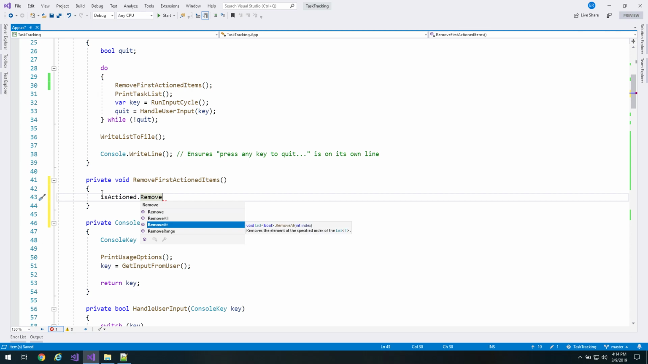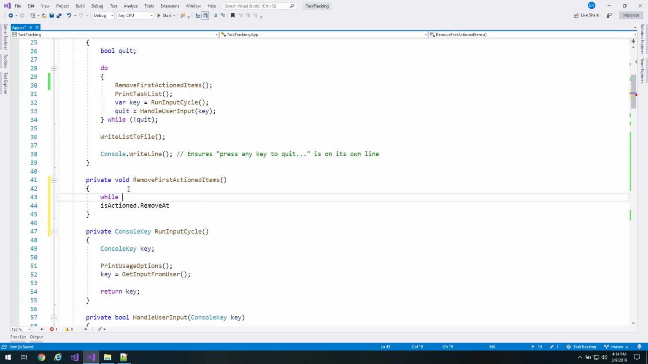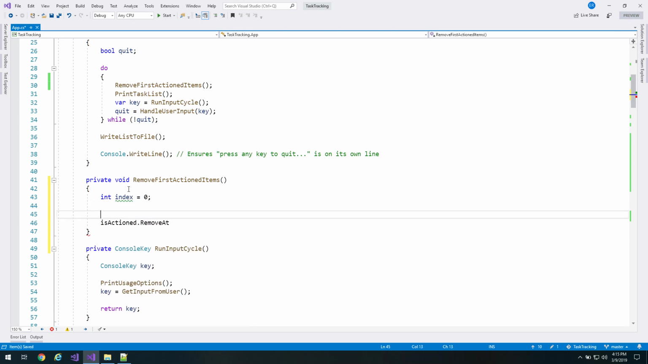It's not super optimal. It's a nice feature, I think. So let's see. Removes the element at the specified index, or we could remove a range, which will complicate things slightly, but not dramatically. Let's go ahead and say remove at. So we'll say while, yeah, we'll use while. We'll say int index equals 0, while isActioned at 0, or at index, excuse me,